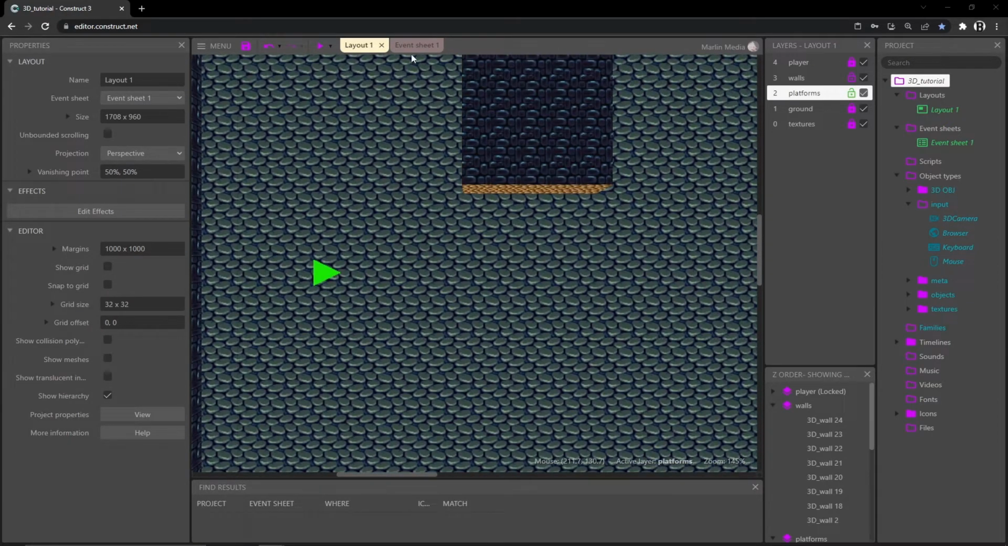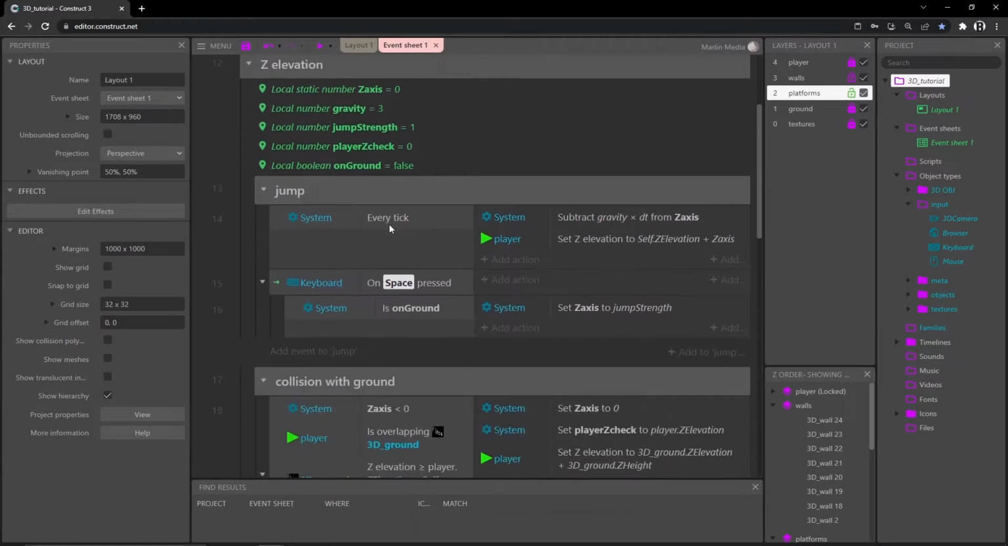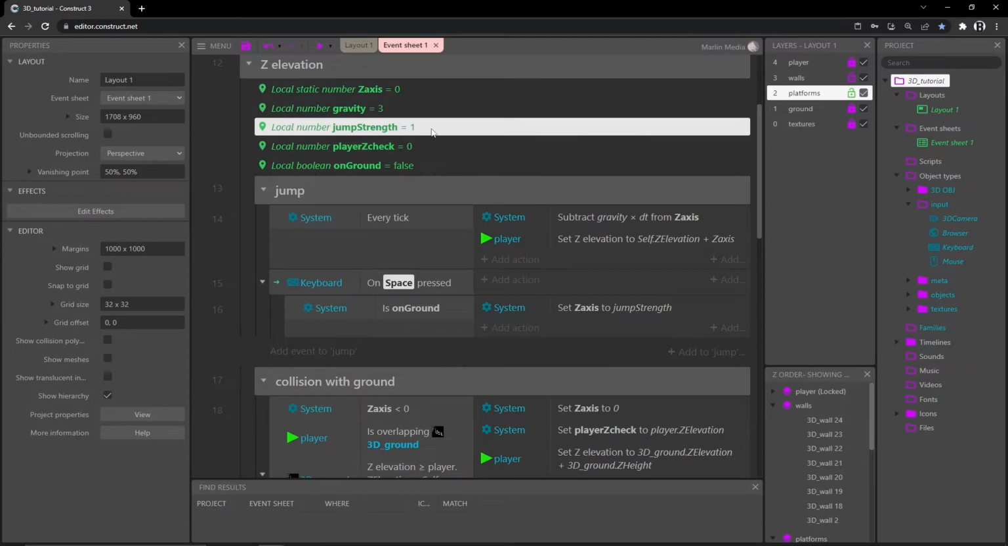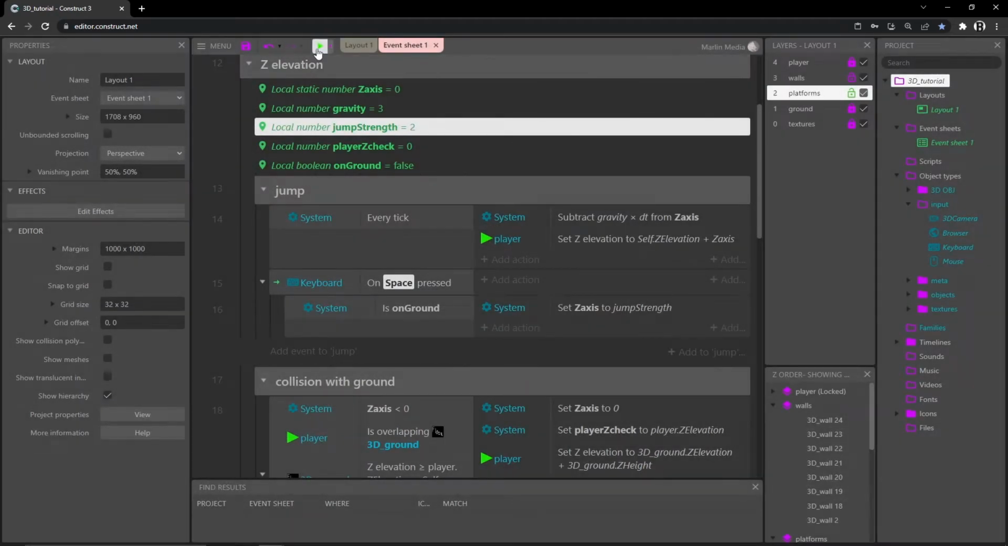Okay, let's go work on that jump strength, because we were not jumping very high at all. So in the event sheet, let's go into our Z elevation group, and I'm going to scroll down here a little bit so we can see what's happening in our jump code. And this is actually pretty easy to fix. Since we're dealing with pixels instead of units, we weren't jumping very high at all. So we can just double click into this variable that we've already set up and change this. I'm going to just go to 2. And then if we play,